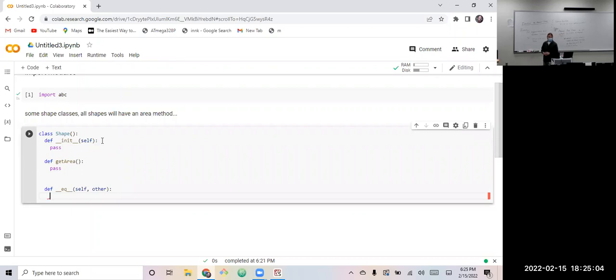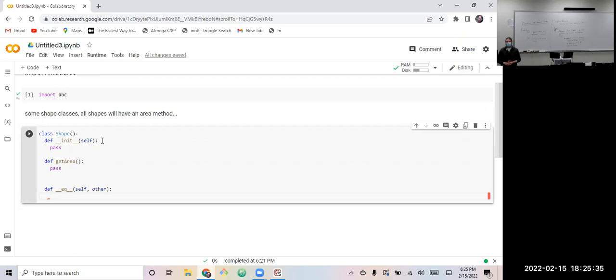And the area kind of seems like the most sensible way to say two shapes are equal, right? There's lots of different things. On squares, we have the side length. Triangles would also have the sides. But a triangle with side length of 1 is going to look very different than a square of side length 1. One of those is going to be considerably smaller than the other.